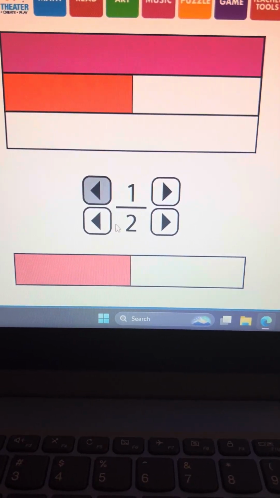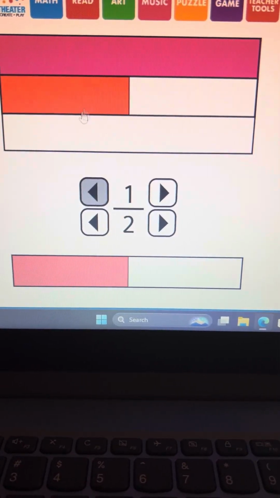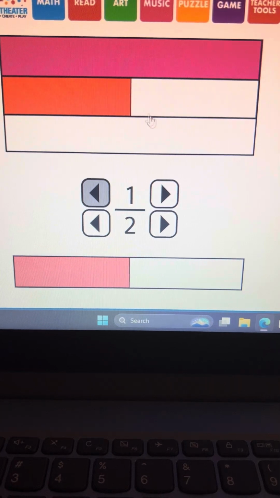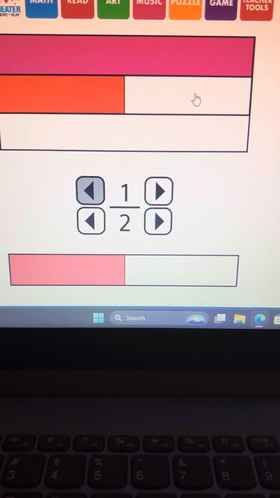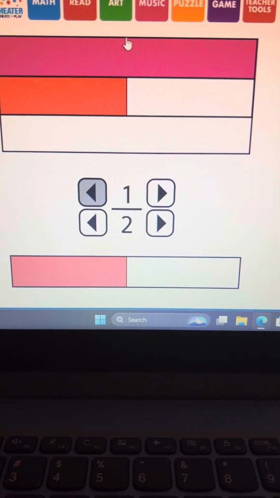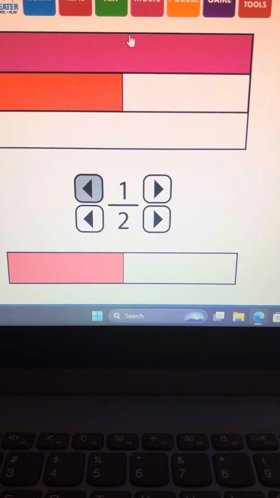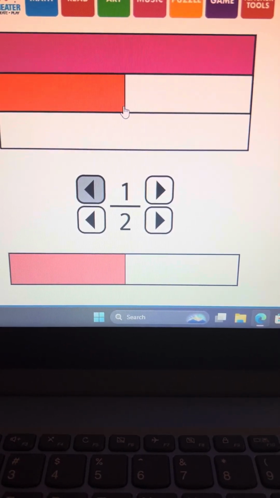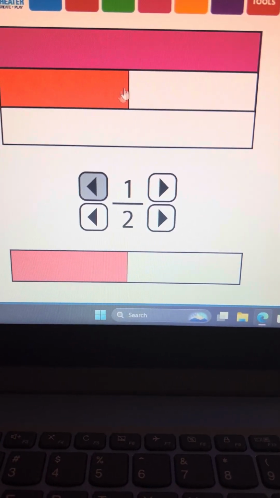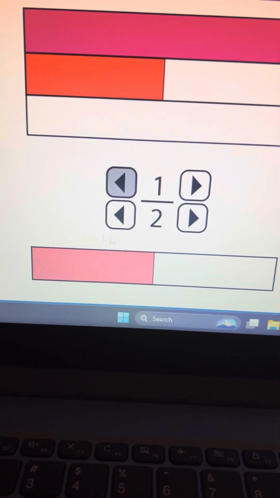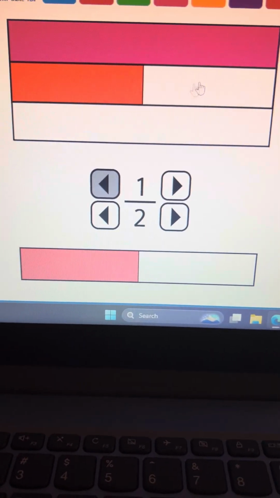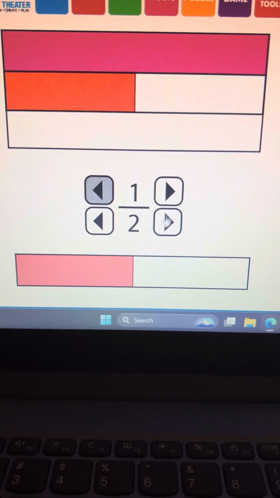So 1/2 of the rod is here, 1/2 of the rod is no longer here. I took half the rod away, so if I split it in half, that is half the rod that is gone. Okay, so again, if I wanted to bring that other half back to make a whole rod,